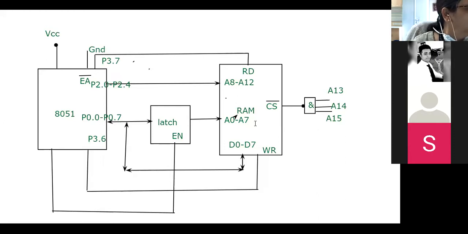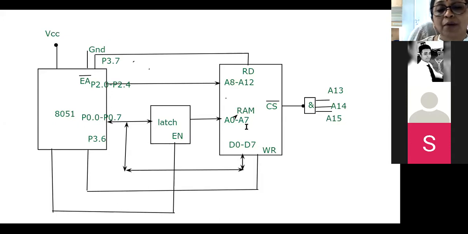Here you can observe one important thing about the connection of the RAM: the PSEN signal is not used. You remember this. PSEN, program store enable signal, is only for ROM, that is program memory, or read only memory. So that signal should not be used in interfacing the RAM. Otherwise, remaining things are the same. In case of ROM, we use only the read control signal, but in case of RAM, we have to use both read as well as write control signals, because RAM is a read-write type of memory.